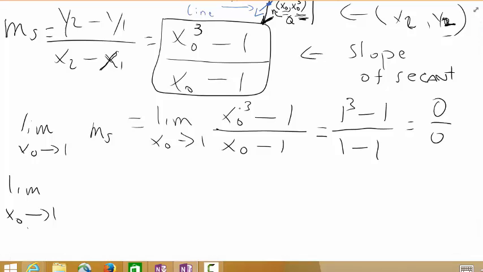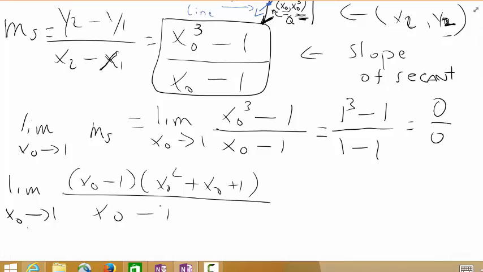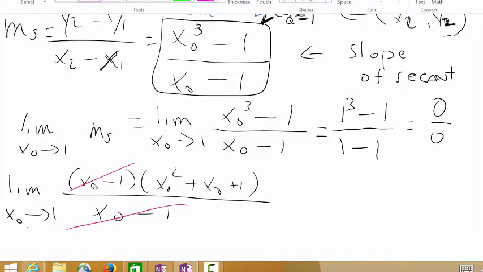We can always factor the difference of cubes. If I factor this, I'll have x sub 0 minus 1 times x sub 0 squared plus x sub 0 plus 1, all over x sub 0 minus 1. And what we see here is that we do have common factors that we can cancel out. So let's go ahead and cancel out those two factors, x sub 0 minus 1, and that's going to leave me with